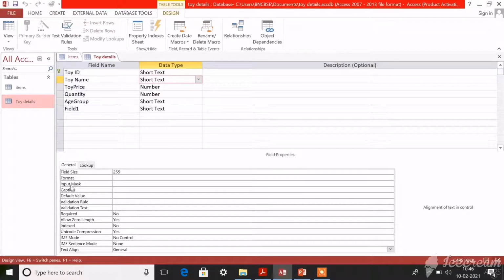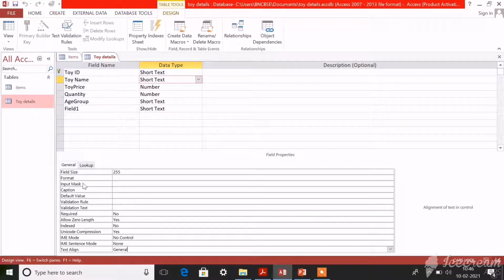Then the next one is input mask. Can you see input mask here? This is used to enter your data, and also to control what the user enters in a particular field. If you enter data in a particular field, that will be entirely controlled by this input mask.